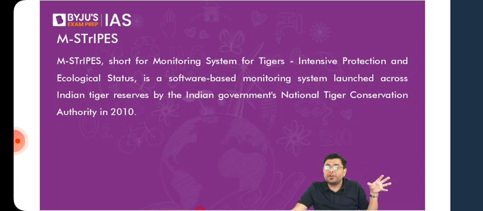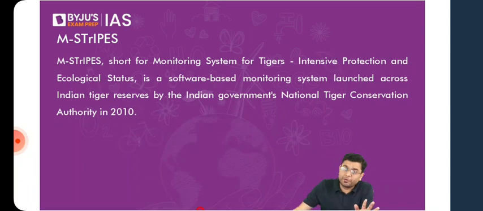With the help of camera traps, the tigers would also be counted, because each tiger has its own unique pattern of stripes. No two tigers have the same pattern of stripes, even though from the outside they might appear the same. If you have been on a jungle or wildlife safari, you would have seen how, just by looking at a tiger's face from a distance, the forest officials are able to differentiate that this is XYZ tiger, based upon the facial markings or the markings across the body. So that is where the camera traps were used.